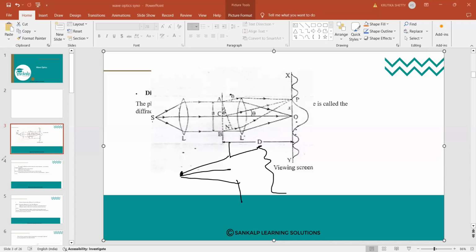Okay, we are getting the diffraction pattern because light is getting bent. Okay, so due to the bending effect, we are getting that, right? So here now what we are seeing, so from the AB slit, we are getting the diffraction pattern, as you can see it in the figure. Okay, so it has the central maxima, which is surrounded by the alternate bright and the dark fringe.